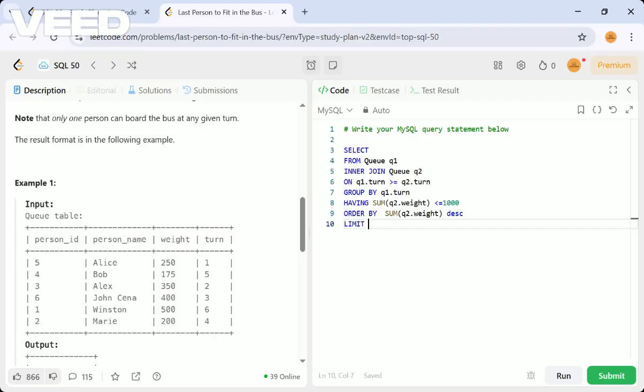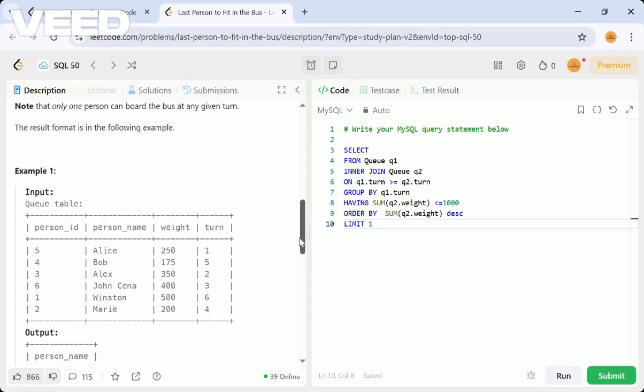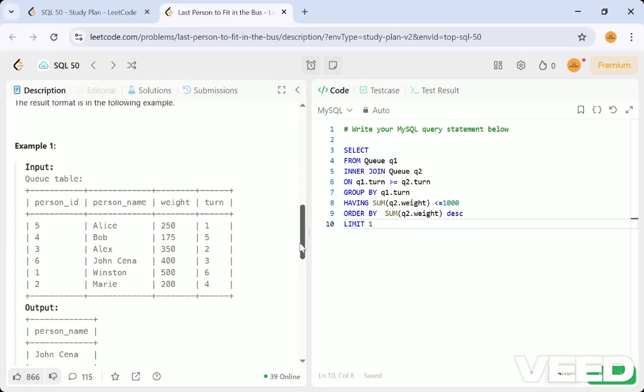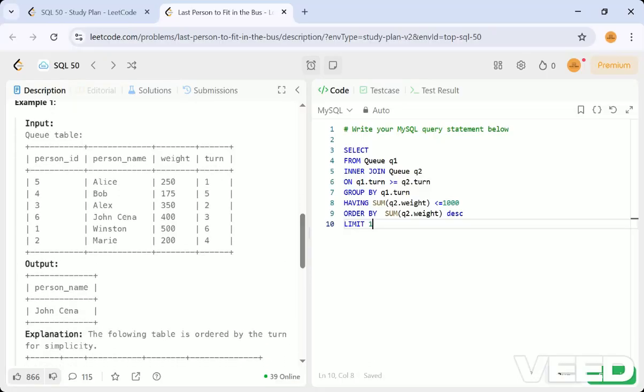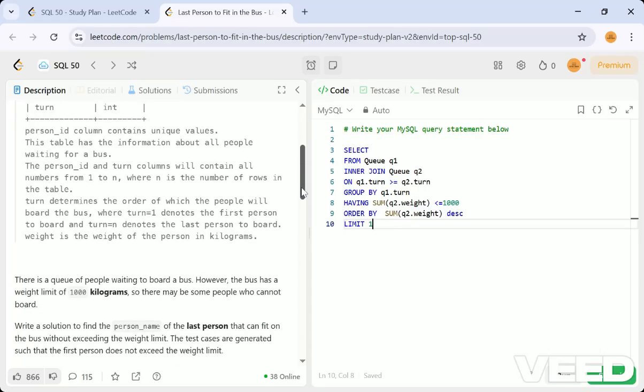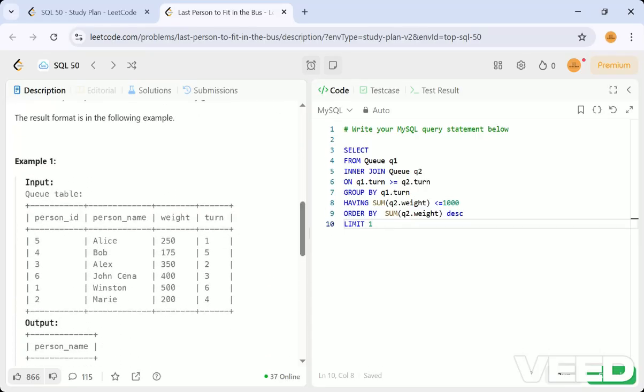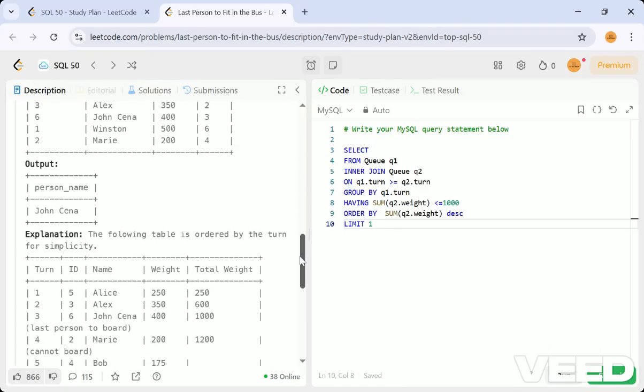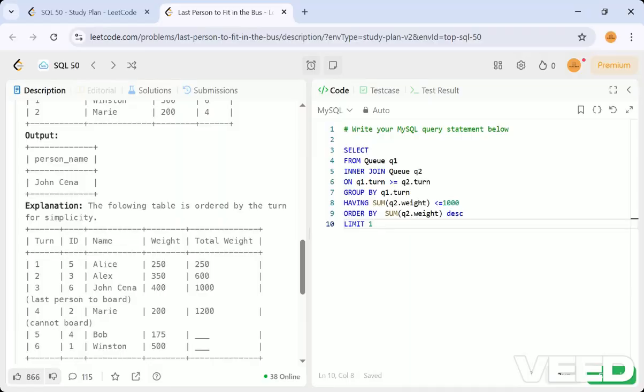I'm just having a limit of one, so that we'll get only the first one. The repetition they tell is that only person ID is the unique value, so weight cannot be a unique thing, right? I hope these things are not needed, but to get the maximum weight first, we have to add that also.